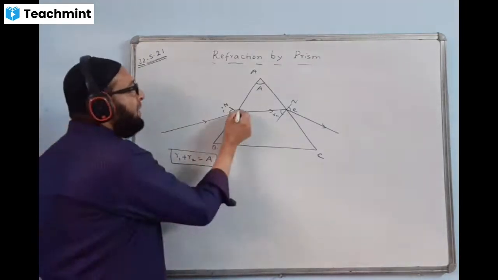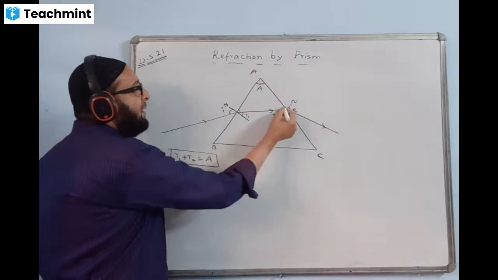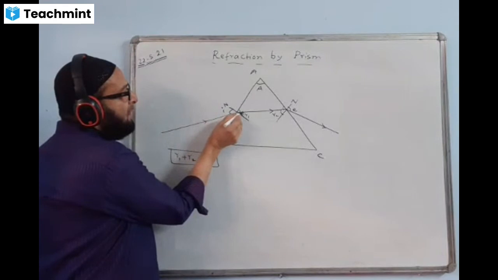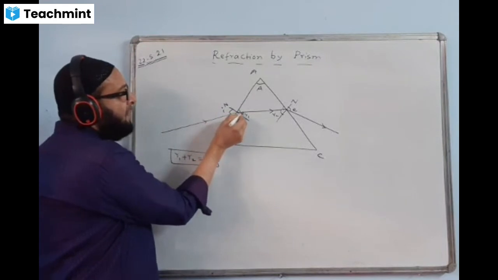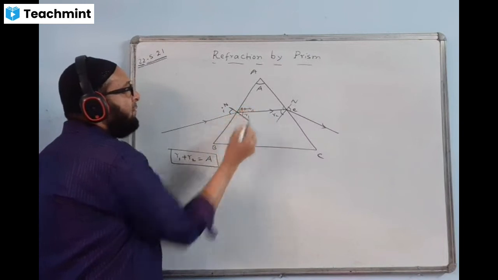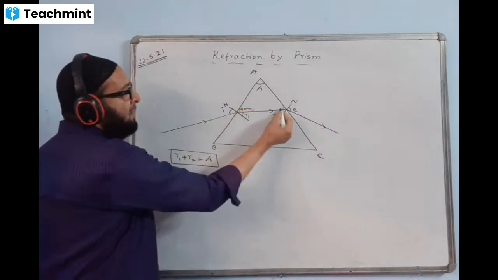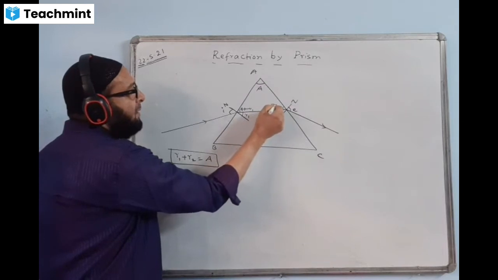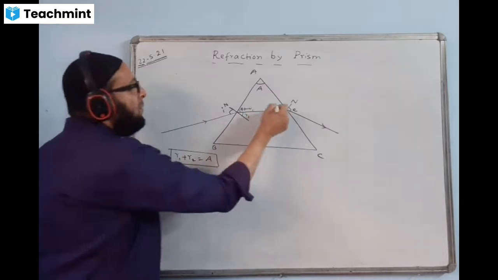To prove it, we can take this angle and this angle here. The whole angle is 90 and a part of 90 is R1. What is the remaining part? The value of the remaining part will come 90 minus R1. Same way, the whole angle is 90, this is R2. What is the remaining angle coming here? 90 minus R2.